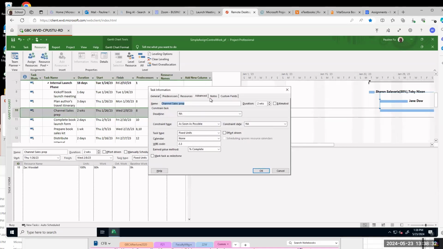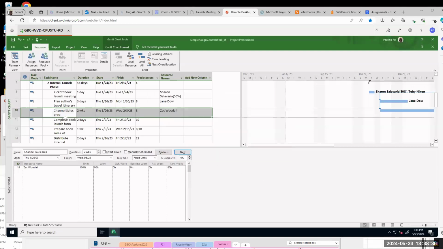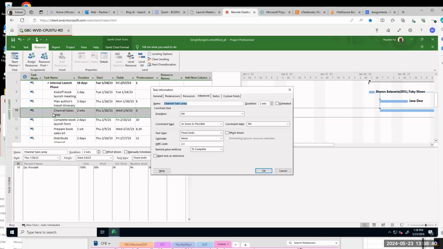You have this one. See, this is task 10. Double click means click 2 times, have to be very fast. And then you go to advanced, check effort driven. Click OK button.